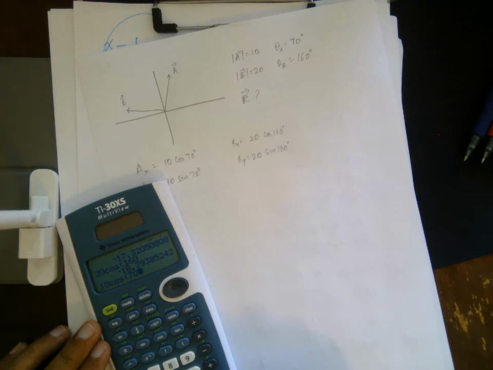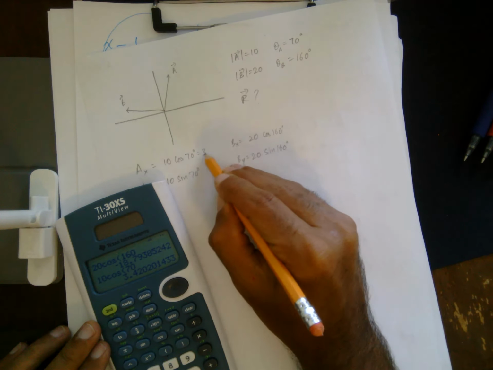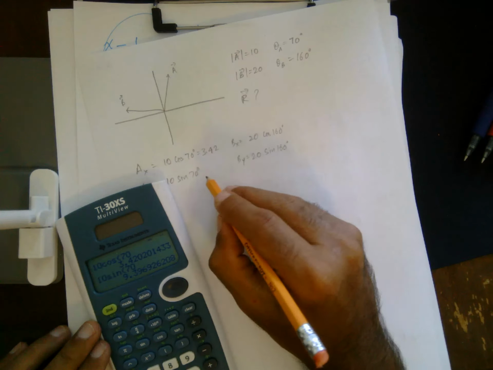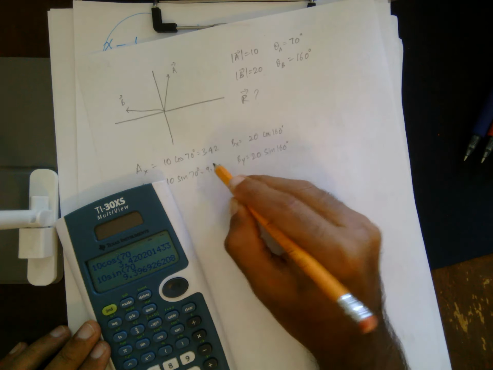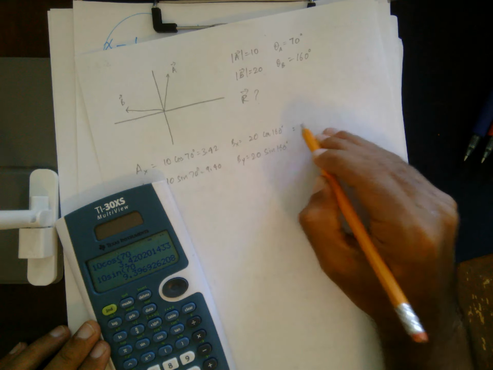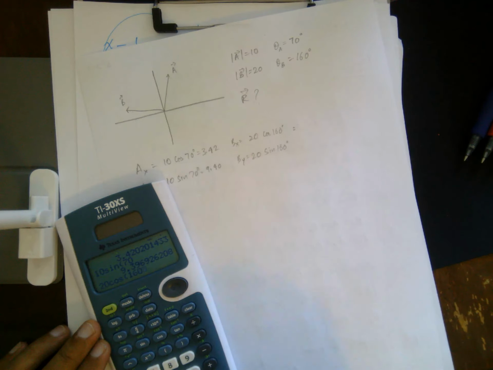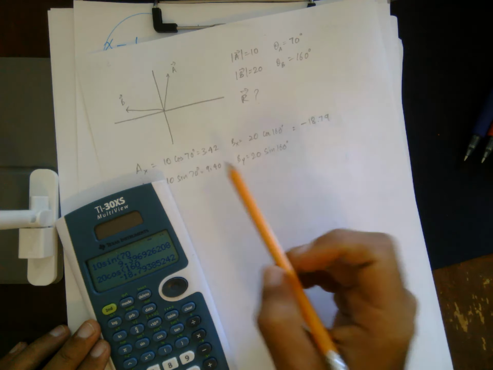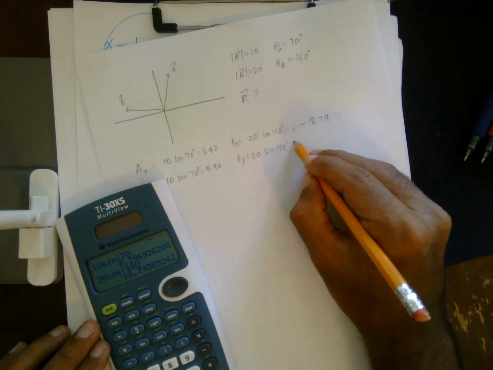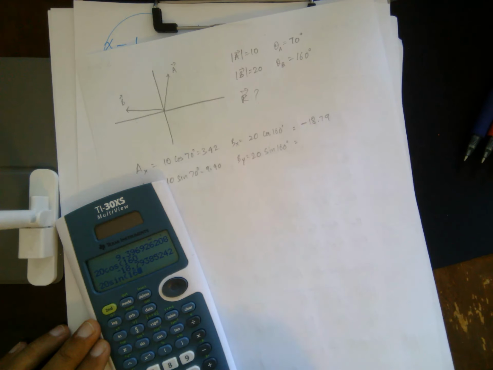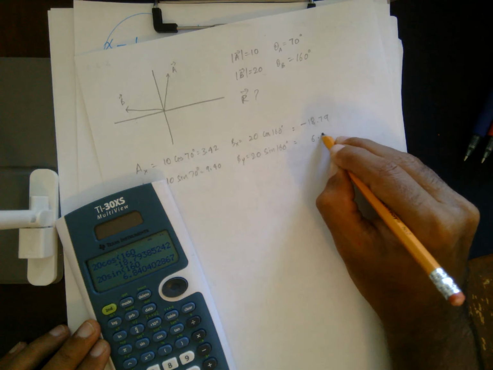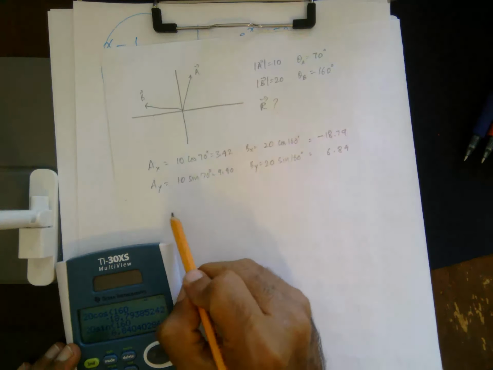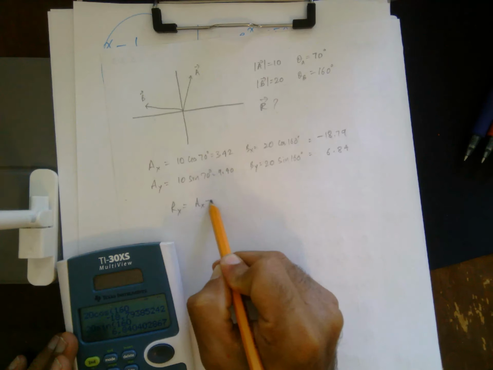10 cosine 70, 3.42. 10 sine 70, 9.40, both positive as expected. 20 cosine 160, negative 18.79 as expected because negative x-axis. BY, 6.84, positive as expected. So from here we get Rx as AX plus BX,